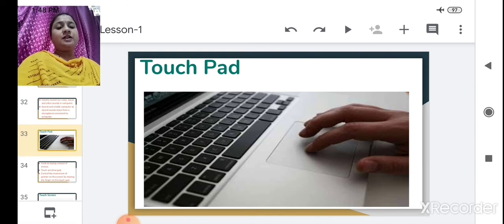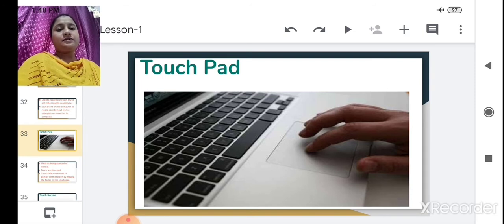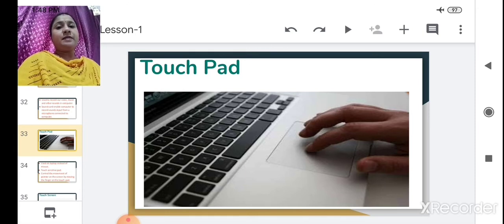It is also a pointing device which is an alternative to the mouse. So a touchpad is a device for pointing on a computer display screen. A touchpad works by sensing our finger's movement.